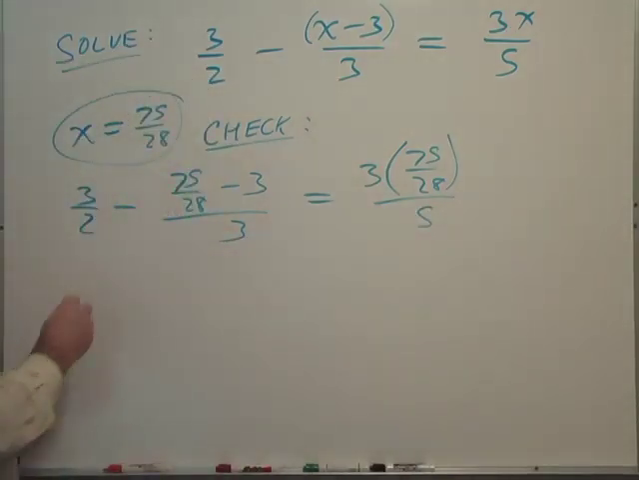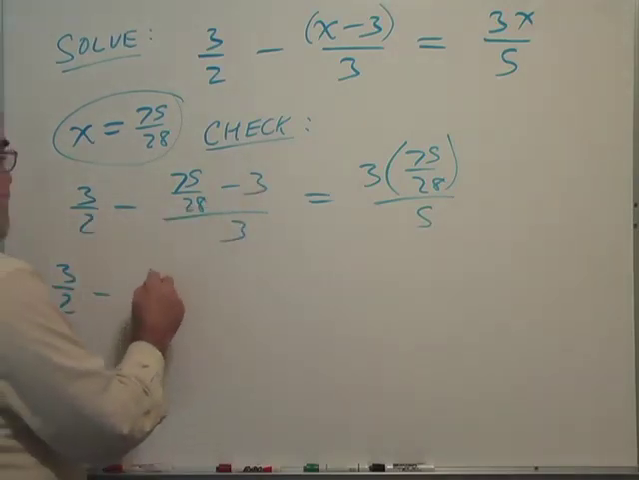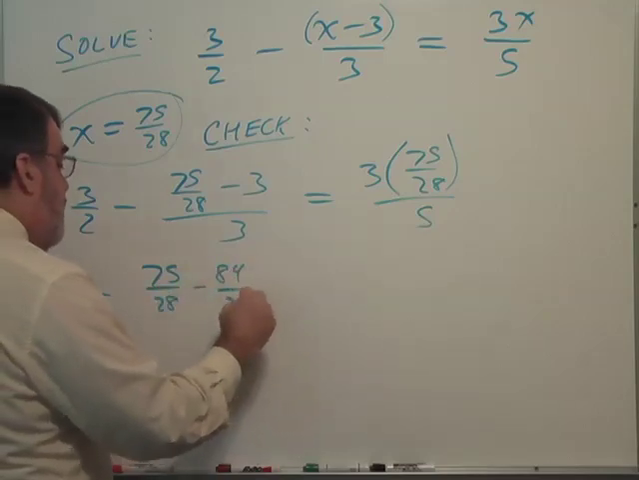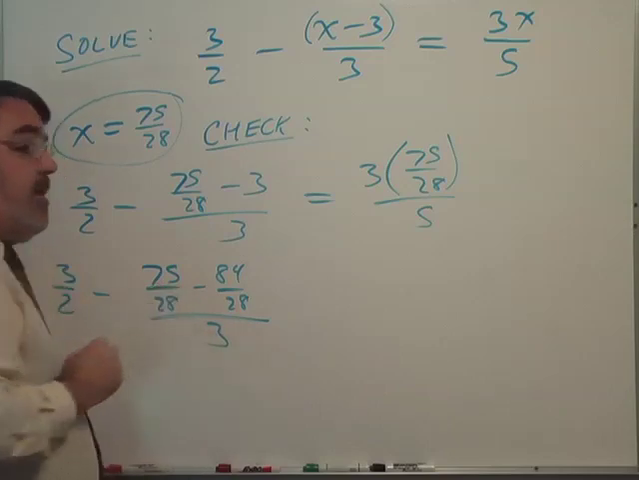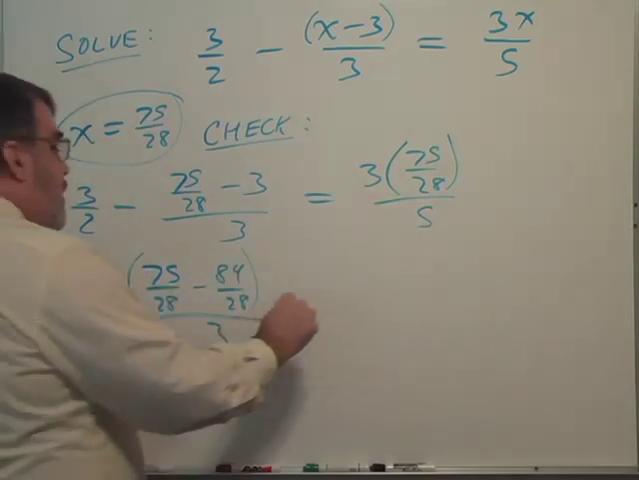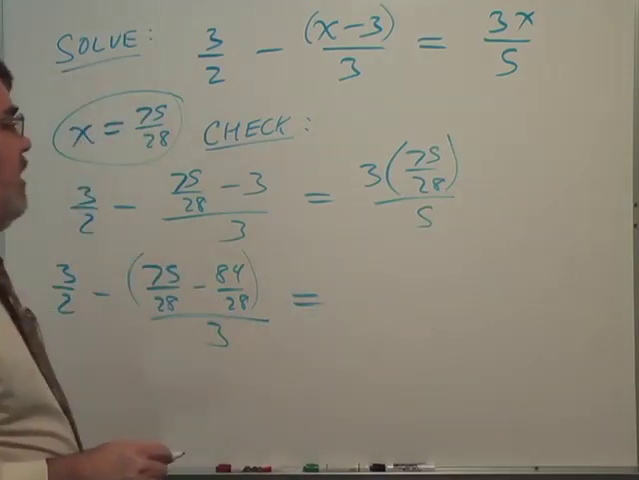Okay, well, let's see, 3/2 minus, I need a common denominator here of 28. So 3 times 28 is 84. So that's 75/28 minus 84/28, divided by 3. Let me put that in parentheses. Equals, well,